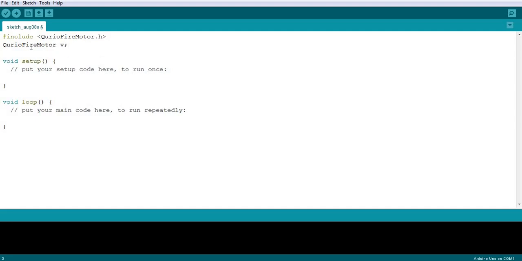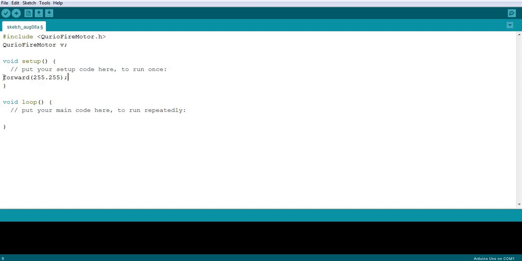Now let's write the program. The program we want to write is, we want to take the vehicle from point A to point B and bring it back to point A without turning. That means using the reverse command. So the commands which we need to use are first forward, and the forward command, as we know, has two input parameters, left speed and right speed, separated by a comma. The end of the line of a command is a semicolon.